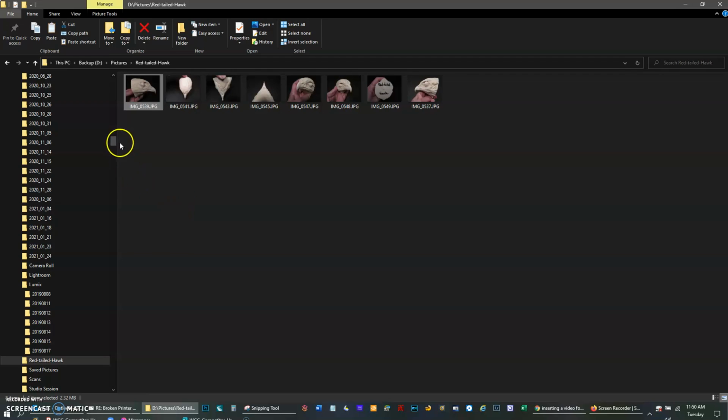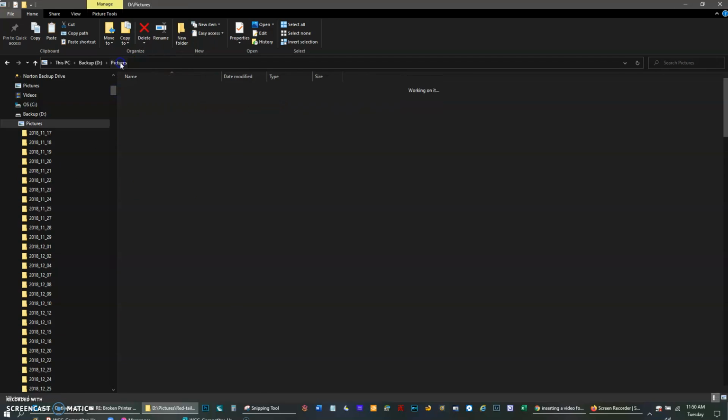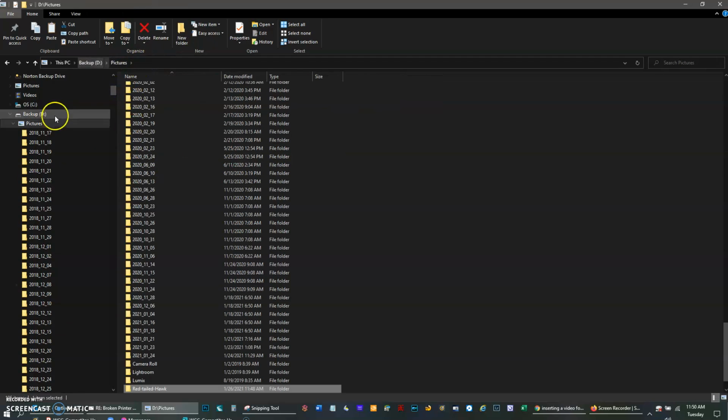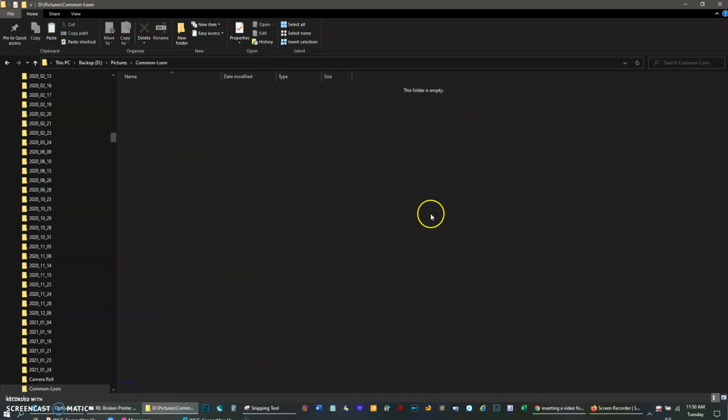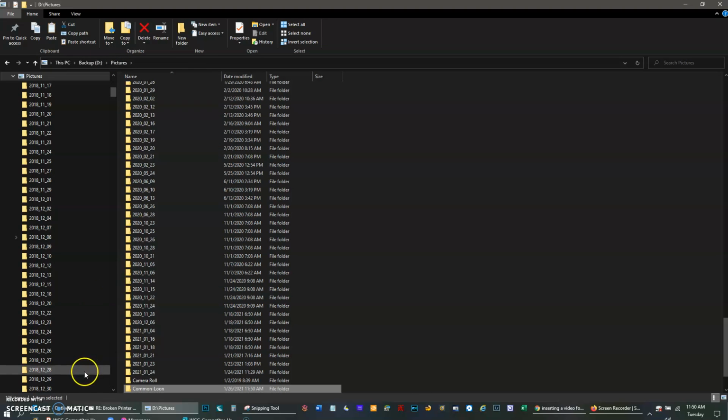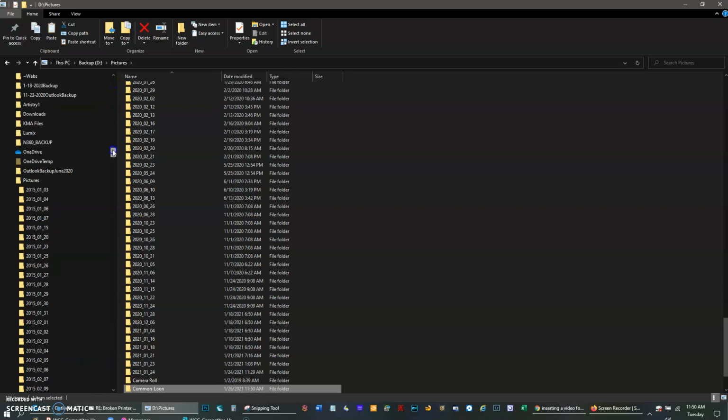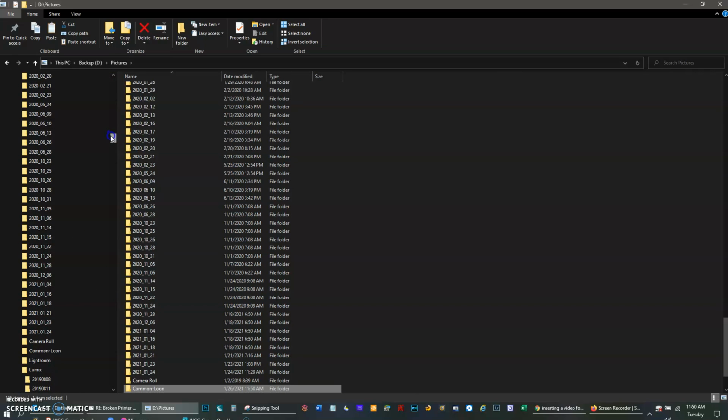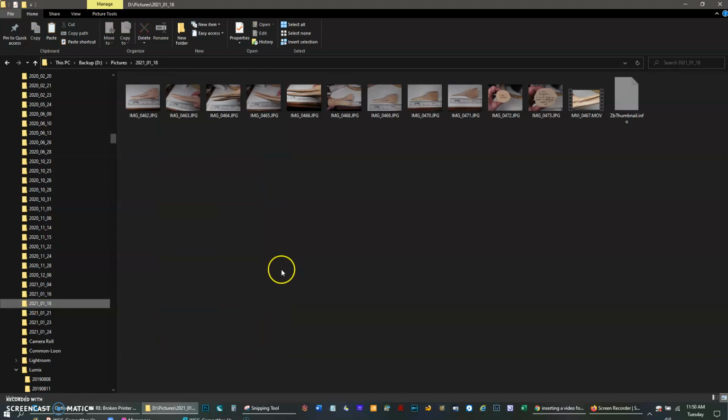So let's say I have another entry, and I'm going to go back up to pictures, or here I can do it again, and I can create a new folder. I'll call that Common Loon. Click on the yellow folder to create it. You can see it's an empty folder, Common Loon, in the Pictures folder. Now I'm going to scroll down to the folder which contains images I took on the 18th. You can see,